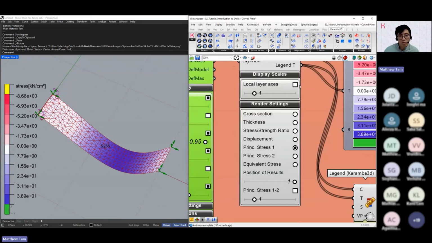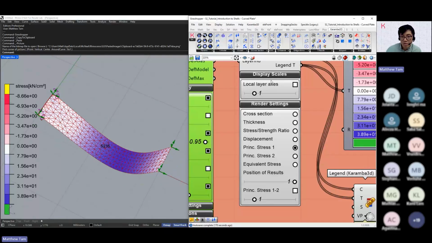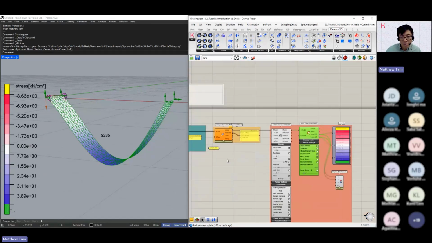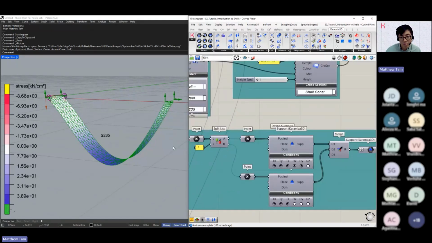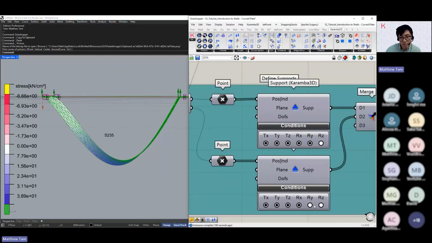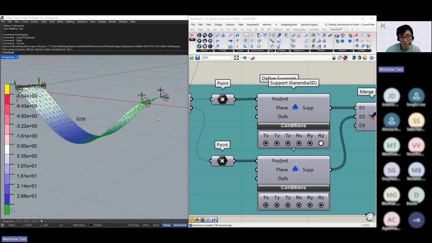And lastly, you can also display the layer axis if this is important, for example, for the orientation of your joints, or of actual elements that you orient according to your shell later on. So let's go and now adapt our model slightly so that we can see how our model is, for example, deforming. So if I now fix it in the Z direction,